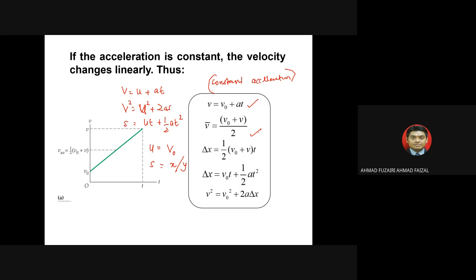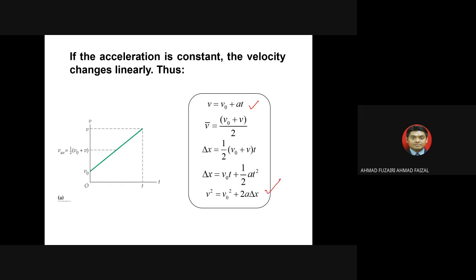If the question doesn't state any part that shows it is constant acceleration, then you need to use other equations. But all of these equations can be used when the acceleration is constant. It's very good if you can memorize them, because it gives you some confidence. Of course, in the final exam maybe you will be given an appendix, but it should be a big advantage for those who can memorize. v equals v naught plus at, v squared equals v naught squared